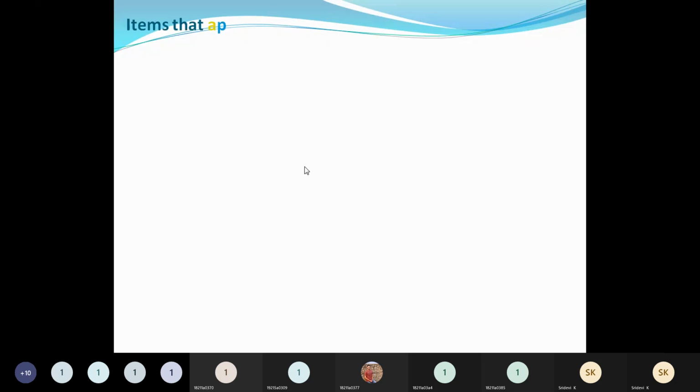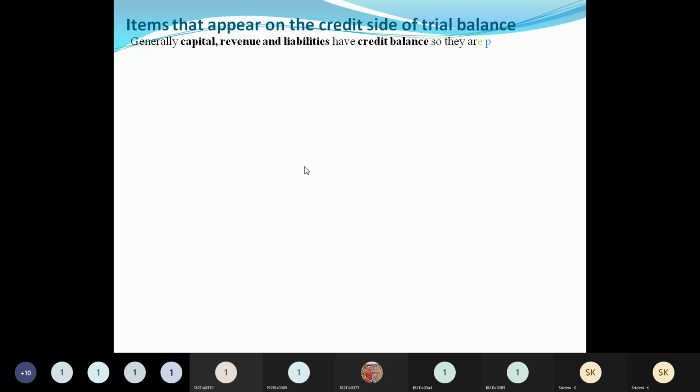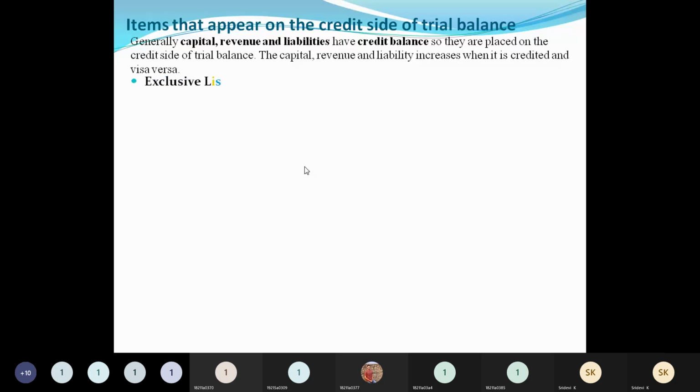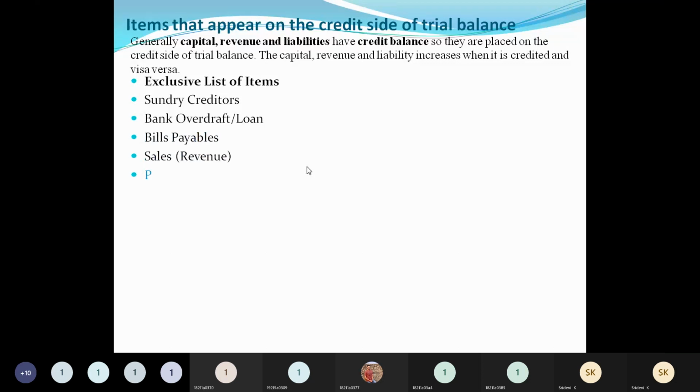And coming to the credit amount related items, like liabilities and all receipts, we are going to show them in the credit amount column of the trial balance. Let us see the list one by one. Sundry creditors, all this comes under current liabilities, right? Bank overdraft, bills payable. So current liabilities and fixed liabilities are going to be shown in the credit amount column. Sales, purchase returns; sales returns will be shown in the debit amount column. Okay, and